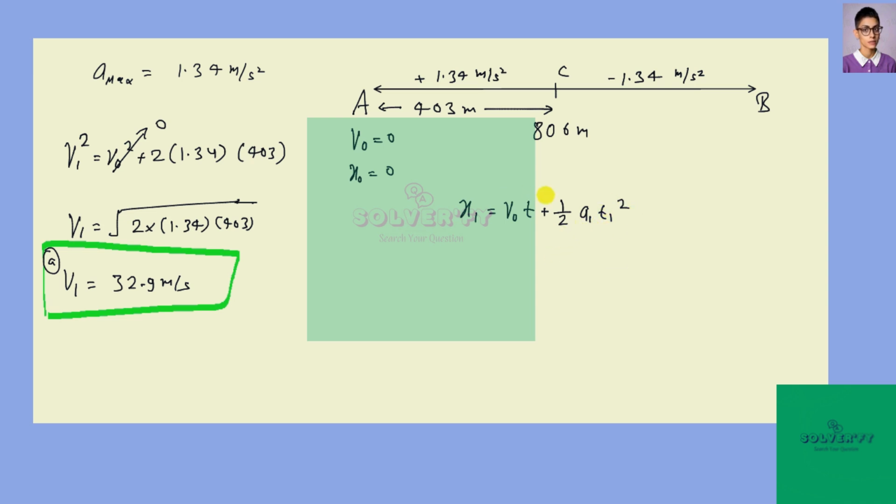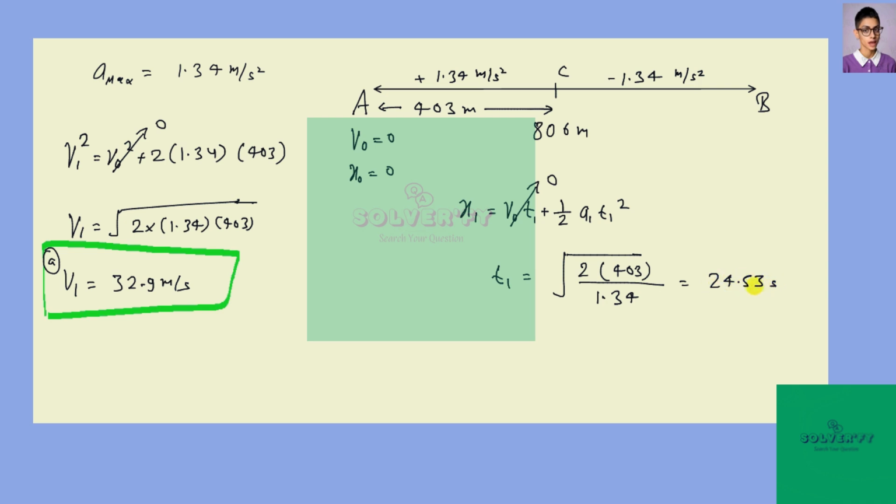Here V0 is equal to 0, so that term is 0, and now we have to find T1. T1 is the square root of twice x1, which is 403, divided by the acceleration, 1.34,